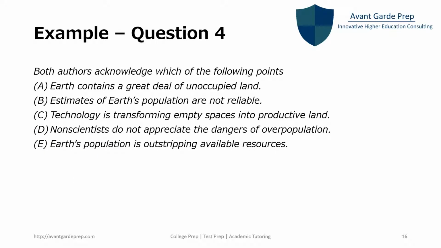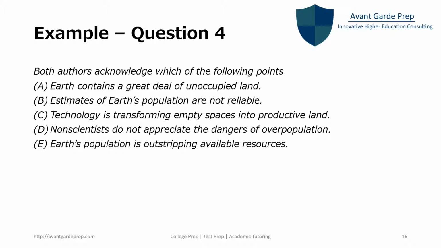Okay, and let's look at one more last question for our example paired passage. Both authors acknowledge which of the following points? A, Earth contains a great deal of unoccupied land. Yes, they do acknowledge that there is unoccupied land, they just have a different way in which they see it. Passage 1 sees it as, well, we're underpopulated because there's all this unoccupied land. And passage 2 sees it as, it is unoccupied, but it's not empty. It's providing us with resources. But they do agree that it has a great deal of unoccupied land, so we're going to keep A around